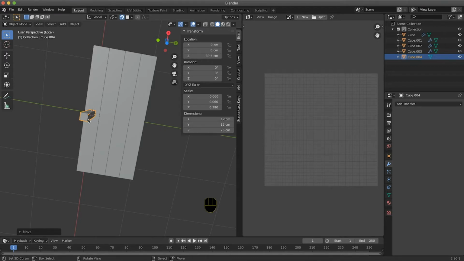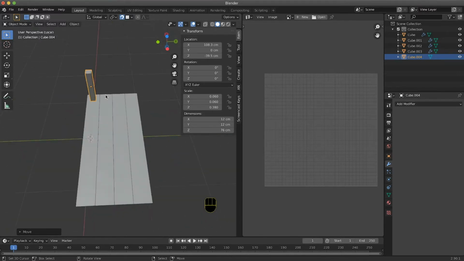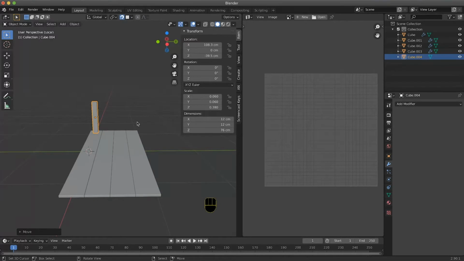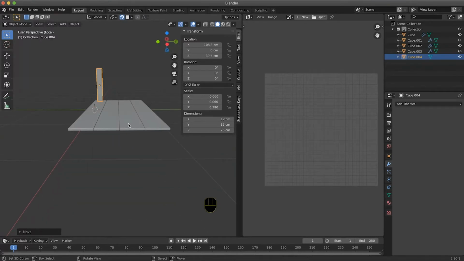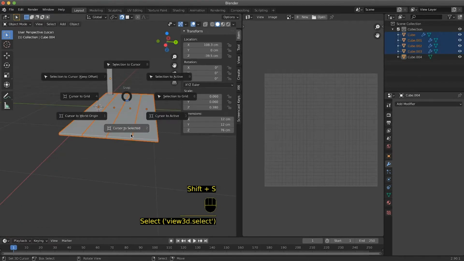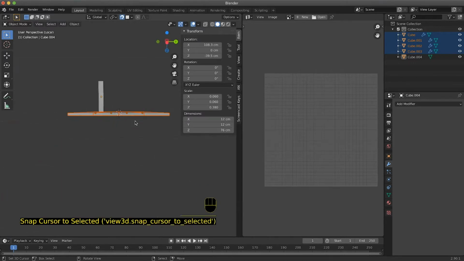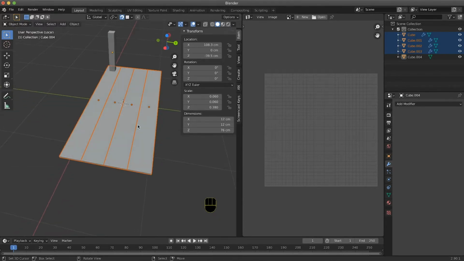Now we move our leg on the side and we need to make sure that we can mirror everything. So I am going to set the pivot point to the center of this and I can move everything. I put the cursor to the selection at the center, so the cursor now is on the edge between the second and the third board.